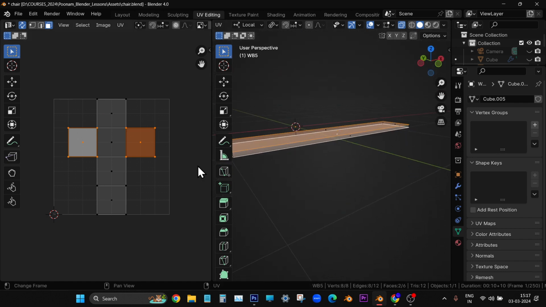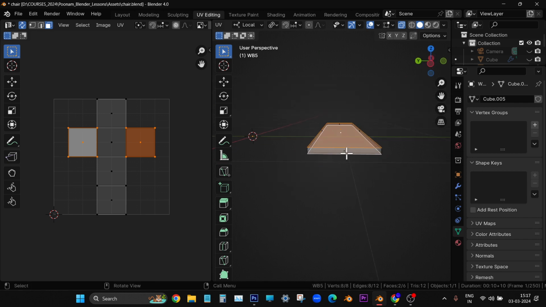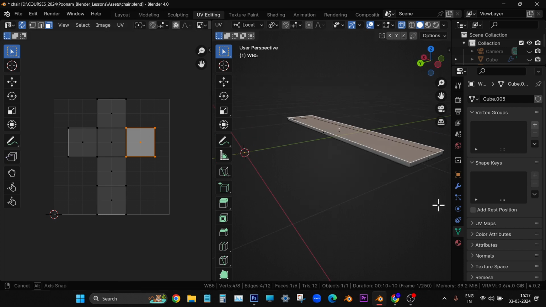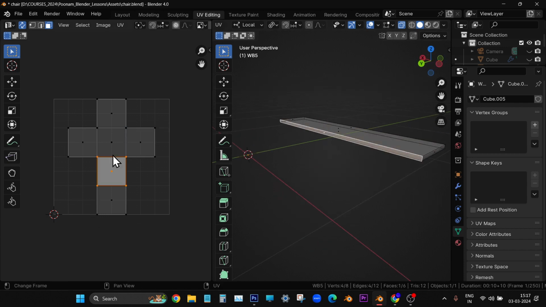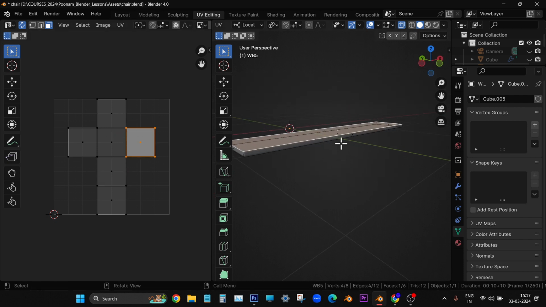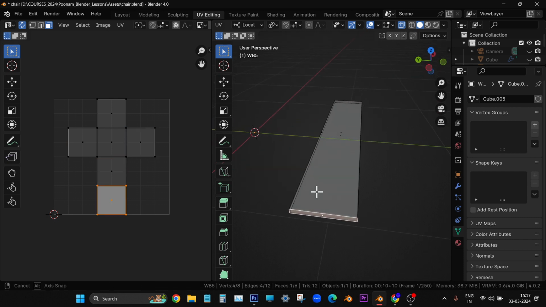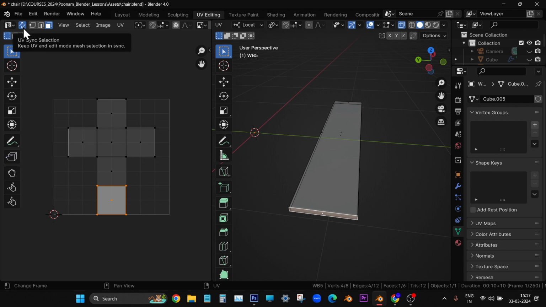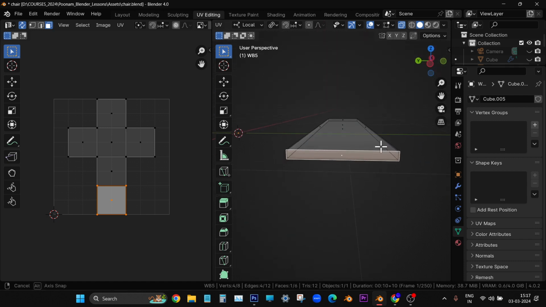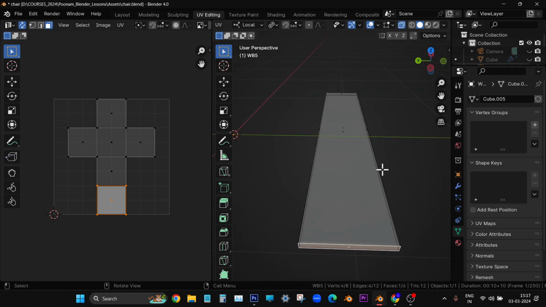If I select this face, it will show here. I select this face, it will show here. I select this face, it will show here. You see that when I select it here, it is becoming highlighted. You see that? So that is called the sync button. This sync button should be on. By default it is off, so you have to switch it on. Right. Now, for this wooden slab, I am going to select the top surface